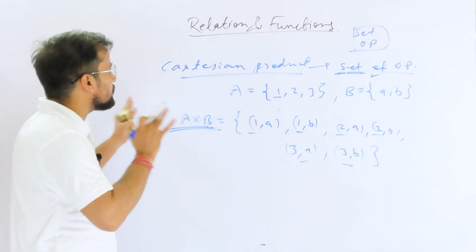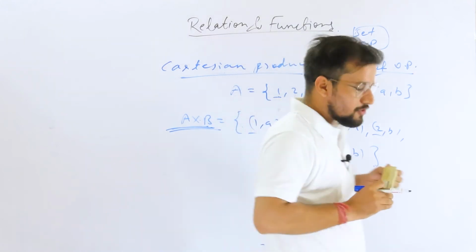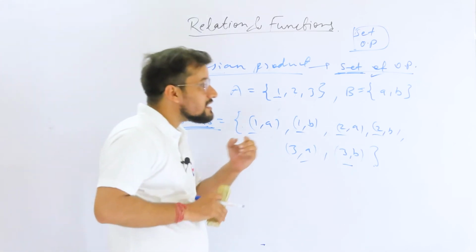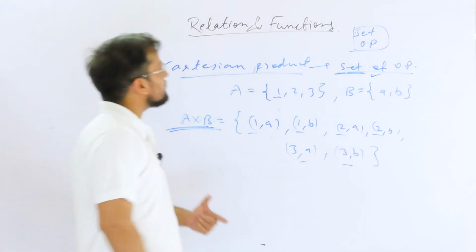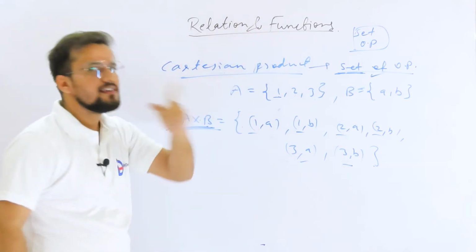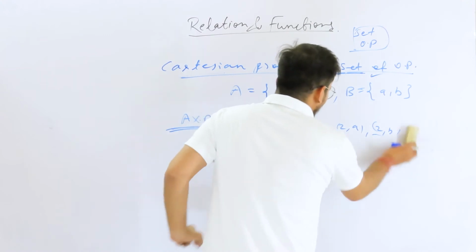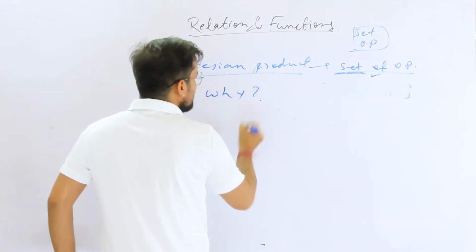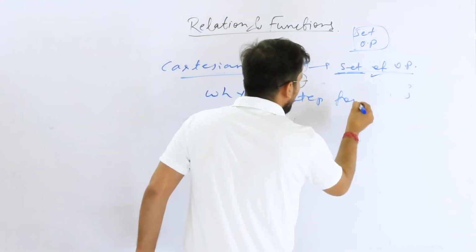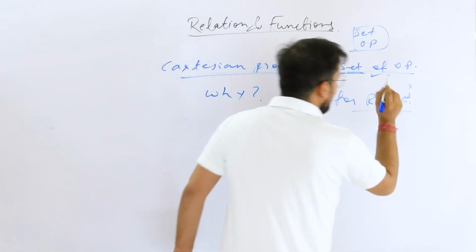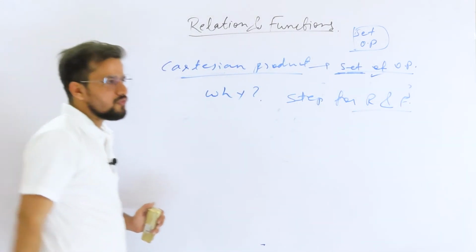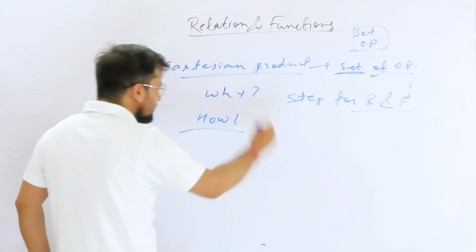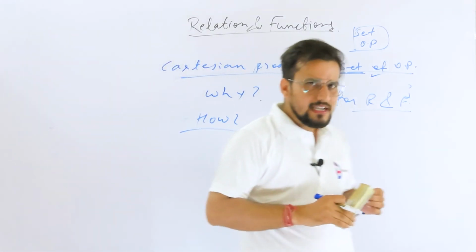I think the thing is very clear to you. This is what the Cartesian product is. Now the second question is, why are we studying the Cartesian product? Because guys, it's just a step, a prerequisite for relation and function. That is our main concern. And as per the theme of my dream, what is missing? How is this Cartesian product related to our real life scenario?